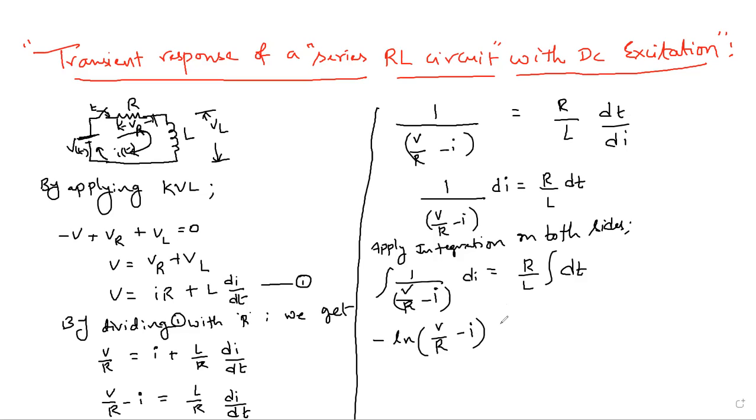Correct? If I am wrong, you need to make a correction, because you people are stronger in mathematics than myself. Correct or not? Integral 1 by x dx, where V by R is a constant k, like that I treated. Okay,